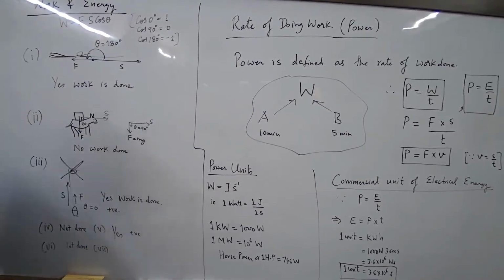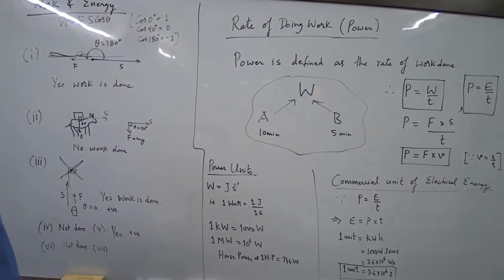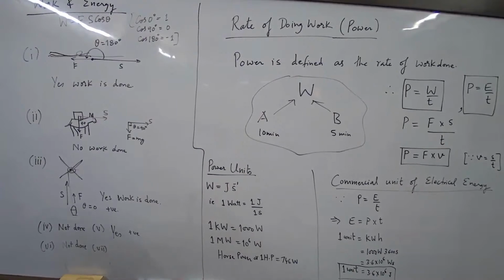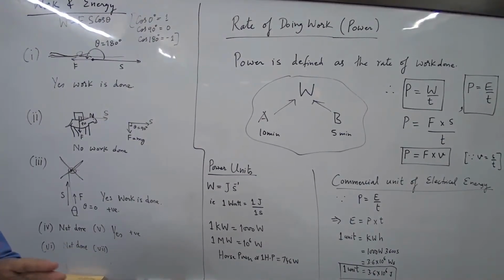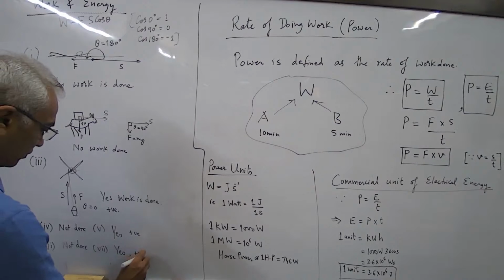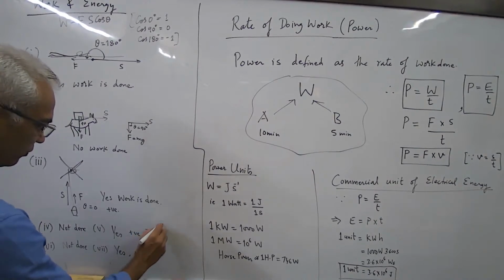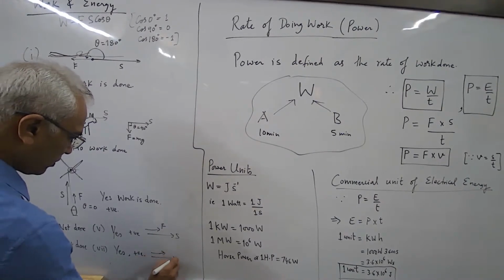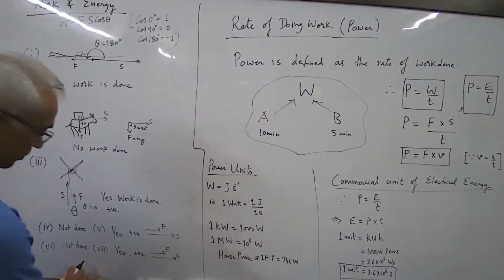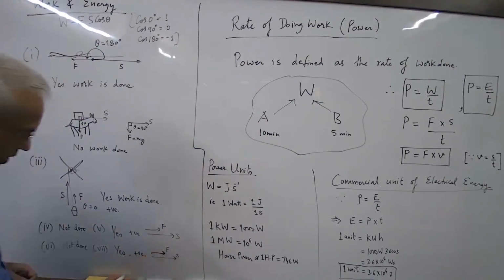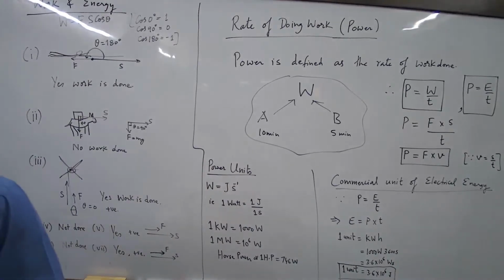Last. A sailboat is moving due to the wind energy. Work is being done because the wind energy is pushing. So the displacement is in the direction of wind. So work is done and it is positive. When force and displacement are in the same direction, then work done is positive. Negative is when force and displacement are in opposite direction. So I think this should be now very clear.